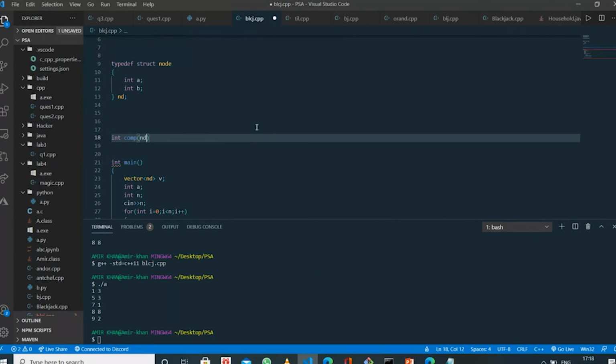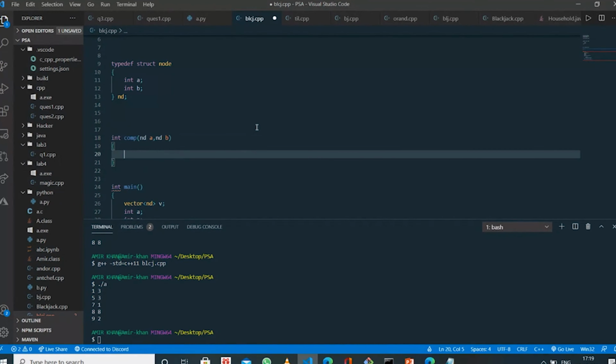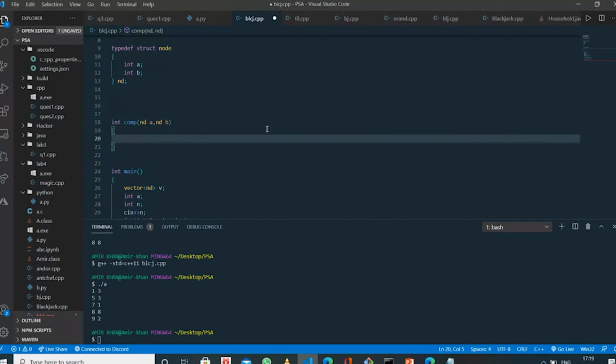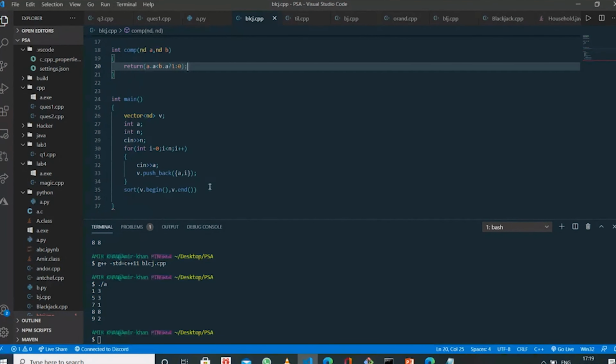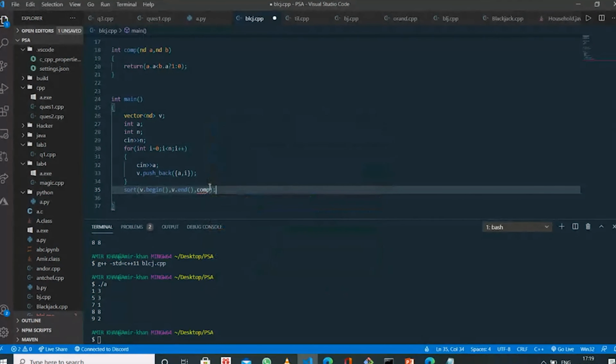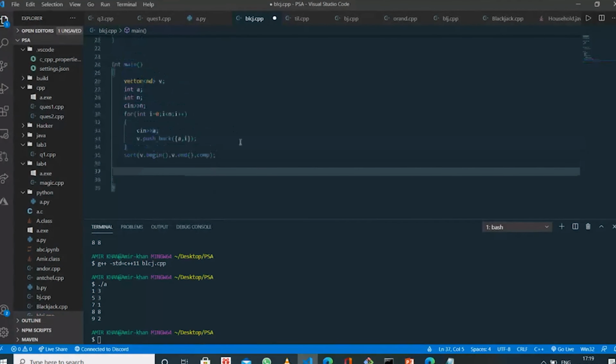It will take a and b, so the element a would be less than b.a. Okay. Here I'll pass my comparator function. My vector is sorted.